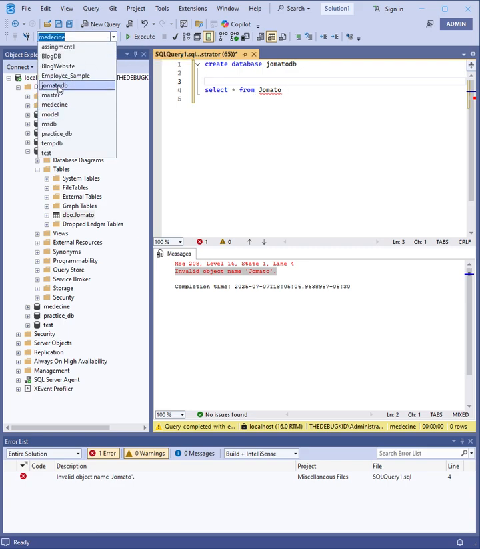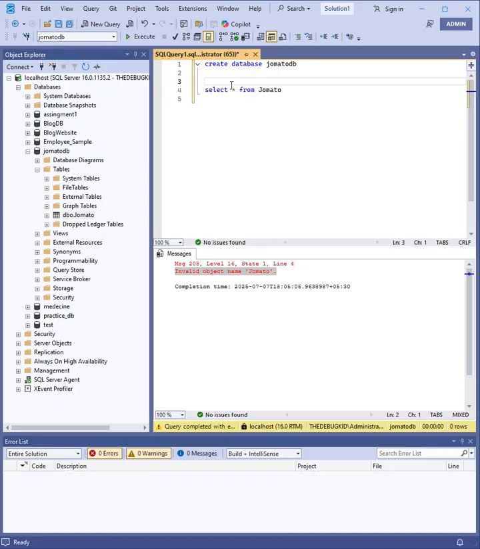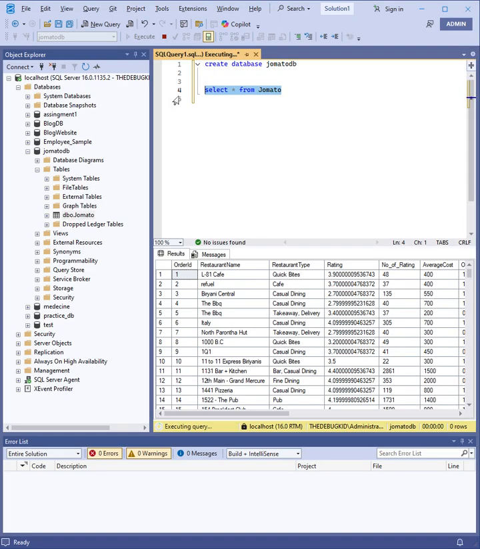If we change it to our Zomato DB and then try this, voila, we get all this. And lastly, I would like to share some thoughts, which is